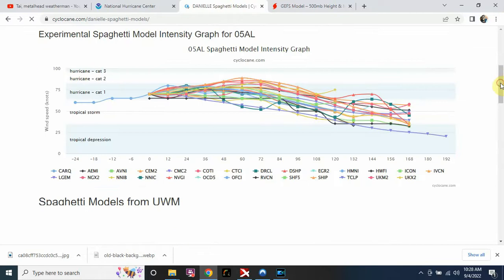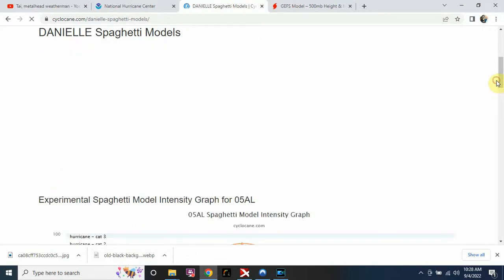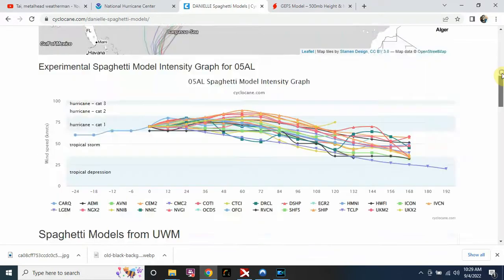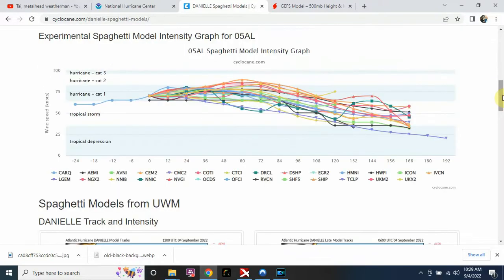If this thing will load, here we go. So before we had a couple of... okay, I don't know why my screen did that, but